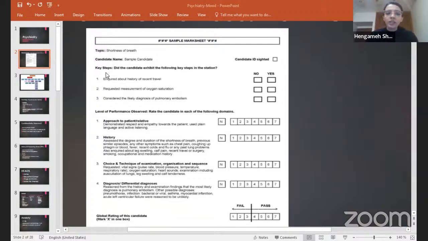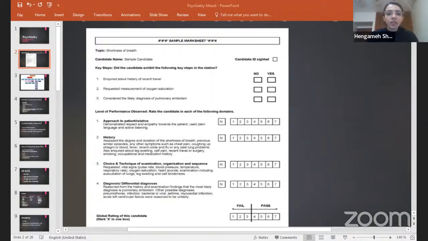And you can see there are certain key steps for each case. Usually the key steps are the same as the tasks you get, but not necessarily. So again, this is a vague area that we don't have much information about, and the AMC hasn't revealed much about this. So in the shortness of breath case, in the sample case in that booklet, we can see